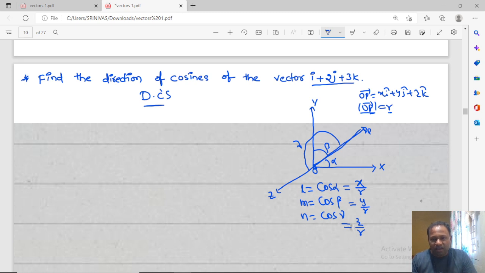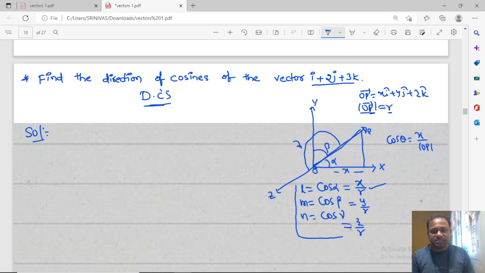This is the angle. Okay, I will take a perpendicular line. Cos theta is nothing but adjacent side by hypotenuse. This is the adjacent side and this is the hypotenuse. OX is equal to how much? X. So x by mod OP bar, that is x by r. Right? So no need to go into it briefly, we just need to remember. So from our question,